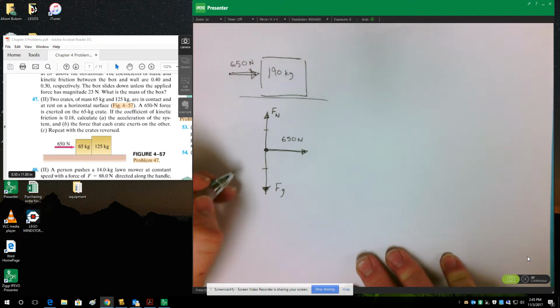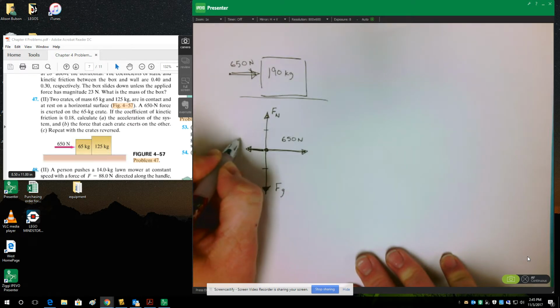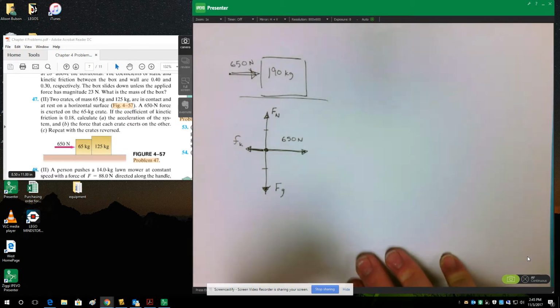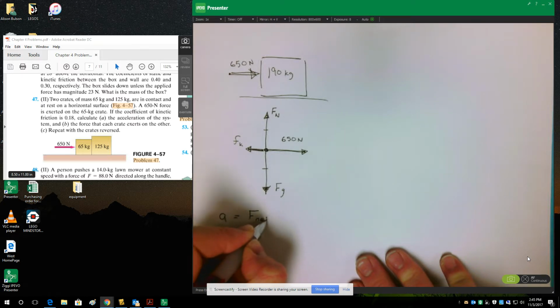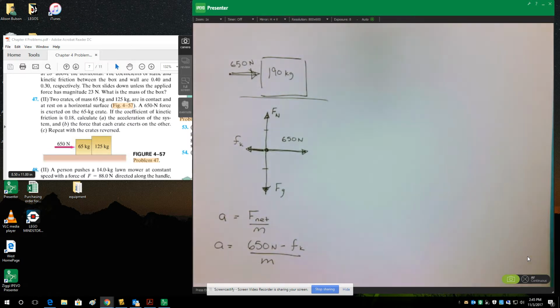And since we're given a coefficient of kinetic friction, we can expect kinetic friction to be involved. And so I know kinetic friction will oppose this motion, F sub k, for kinetic friction to the left, opposing the 650 Newton force. Okay, so we want to know what is the acceleration of the system. Newton's second law says the acceleration is equal to net force divided by mass. Acceleration using positive to right is 650 minus Fk divided by the mass of the block,